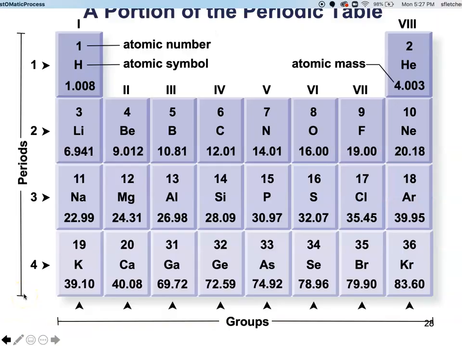So please, before you go on, take a moment to review chemical structure. I should be able to give you a portion of the periodic table like you see here and say, hey, draw me an atom of aluminum. Aluminum has an atomic number of 13 and it's found on the periodic table. You should be able to look at this periodic table